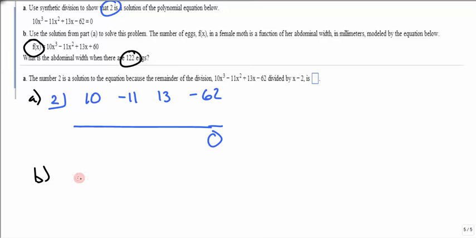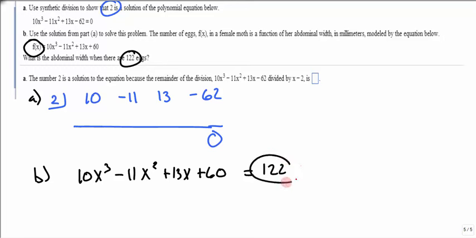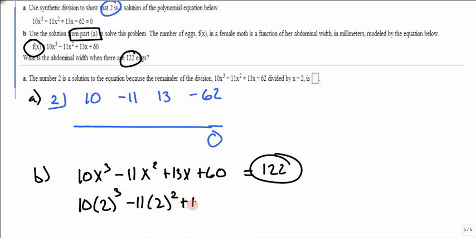Abdominal width when there are 122 eggs. So if we wanted to set this up, I could try and figure out 10x cubed minus 11x squared plus 13x plus 60 equals 122. I want to know when this equals 122. And try and solve this. And it wouldn't be an easy thing to solve, but however, they said use the solution from part A. So if I take my solution from part A, which was 2, and plug it in here to just go ahead and double check,